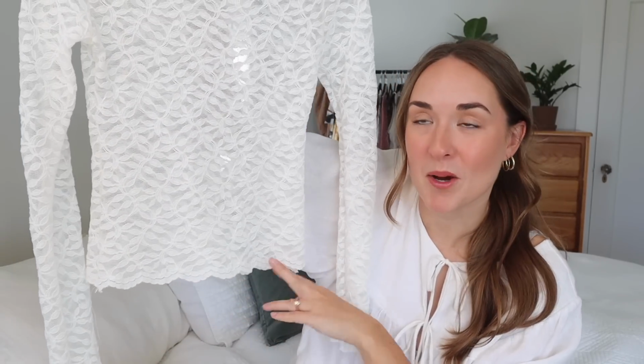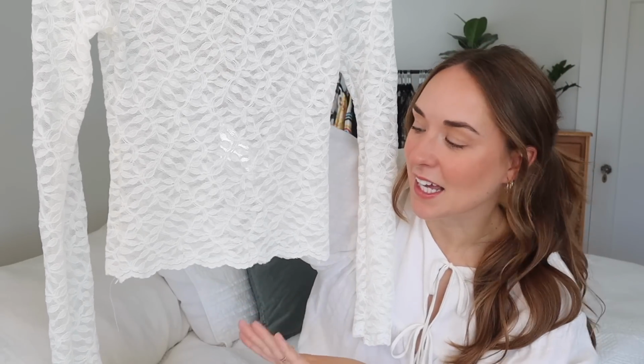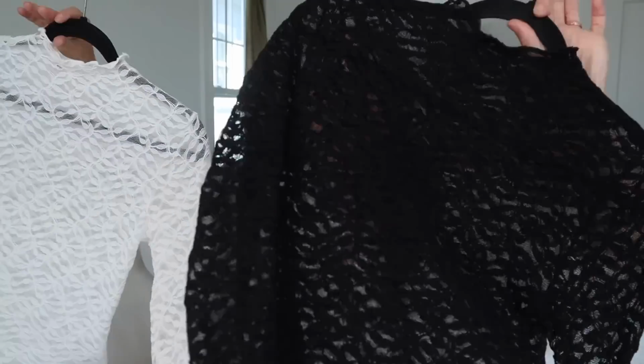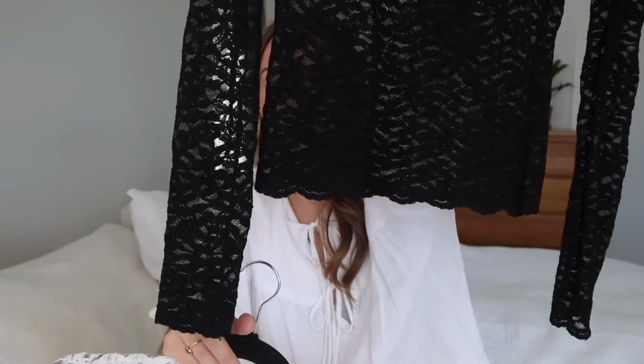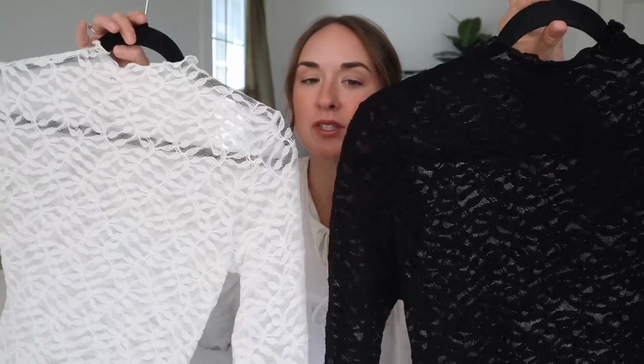and it was definitely much easier than hemming the bottom or even doing a lettuce hem. I felt like even with the really meticulous cutting, it was still a little bit faster, and I just really love how it looks. And then I also did the same thing for the black one here, so you can see you've got the scalloped edge there and around the sleeves too. So these are the same fabrics, they have the same edge on them, so that was just really easy